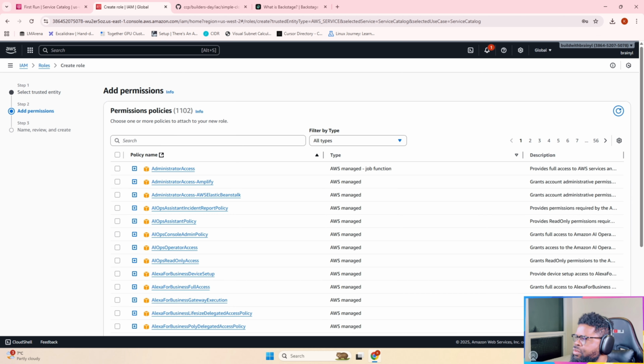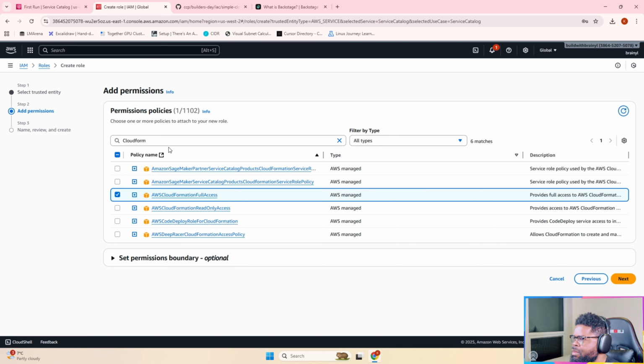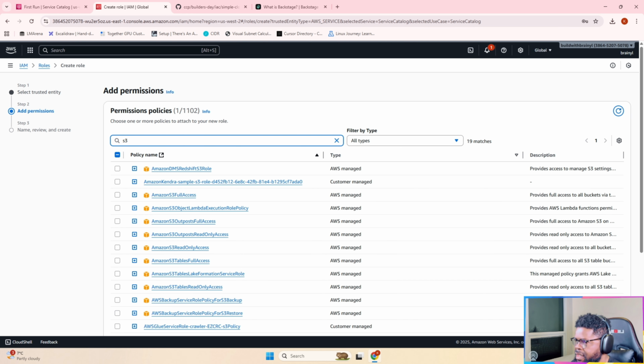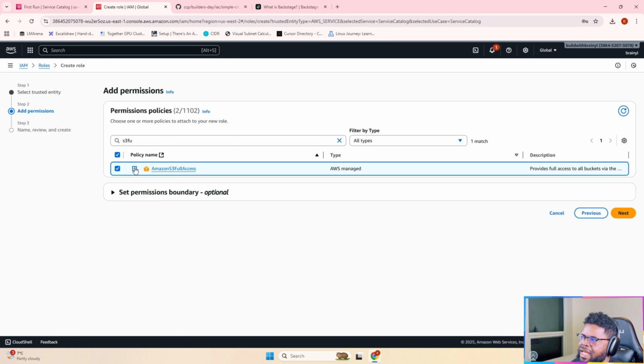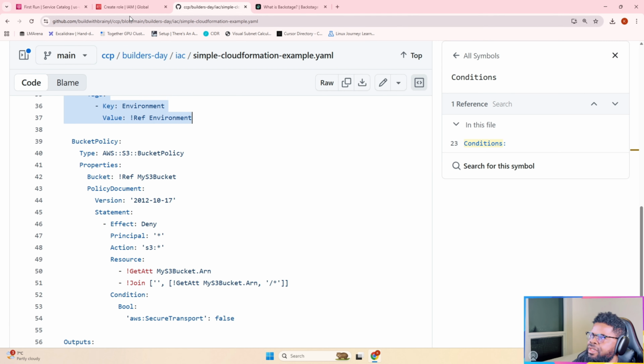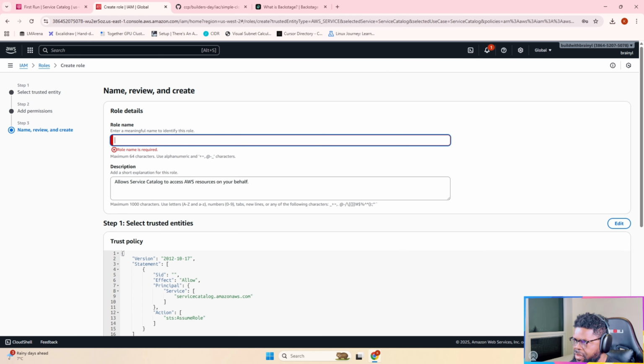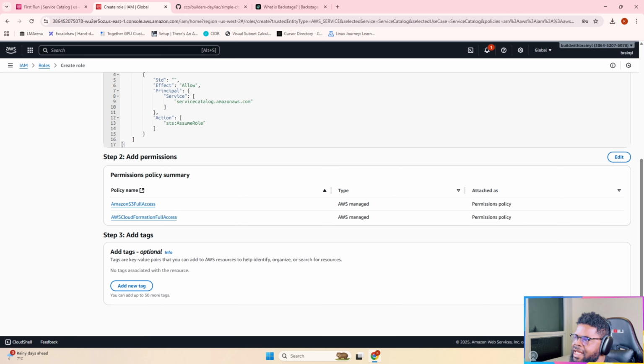I'm going to do CloudFormation full access, and I'm also going to do S3 full access. Okay, because I know you will need CloudFormation. And then because if you think about the IAC, you also basically need to access like a bucket, right? So here, I'm going to do CloudFormation role, right? And then I'm just going to leave it as that, and then I'm going to create a